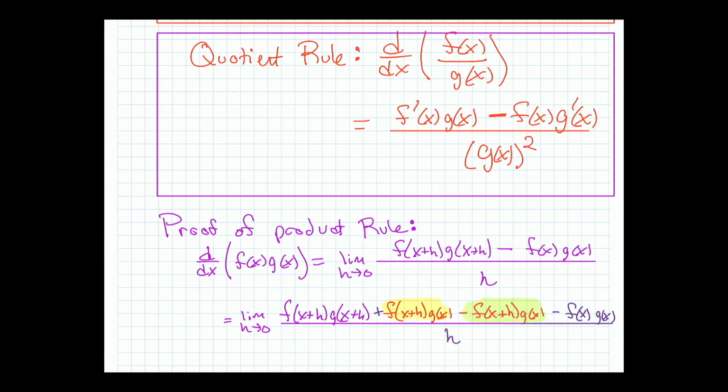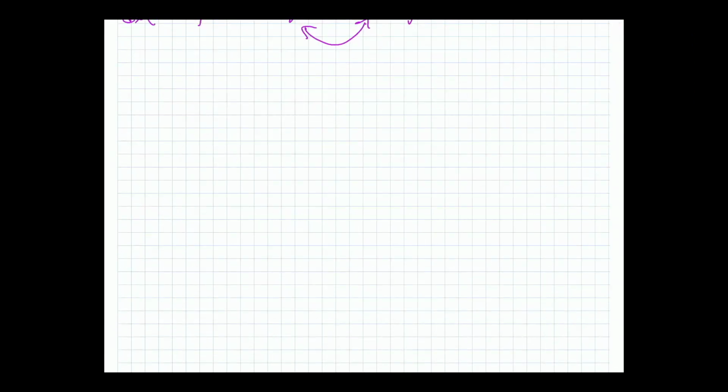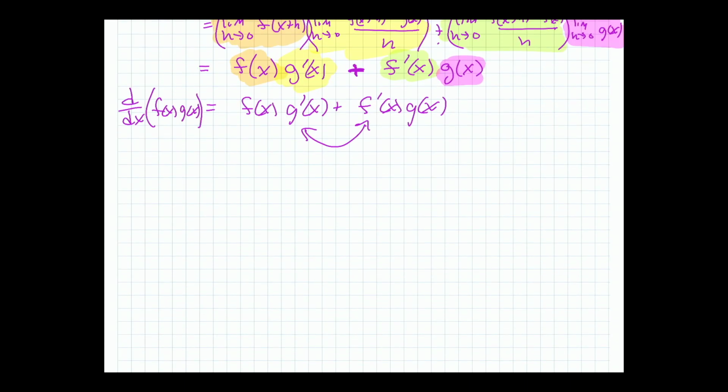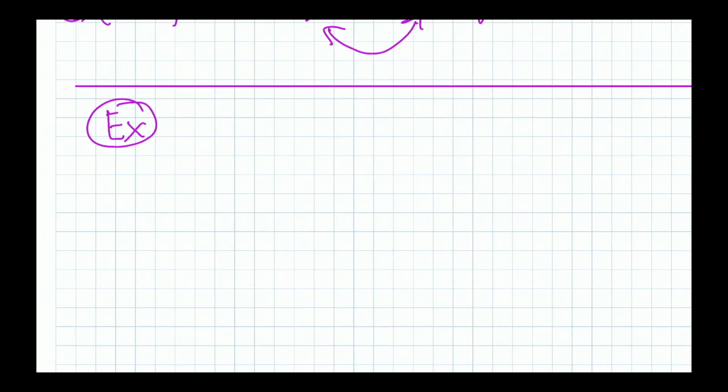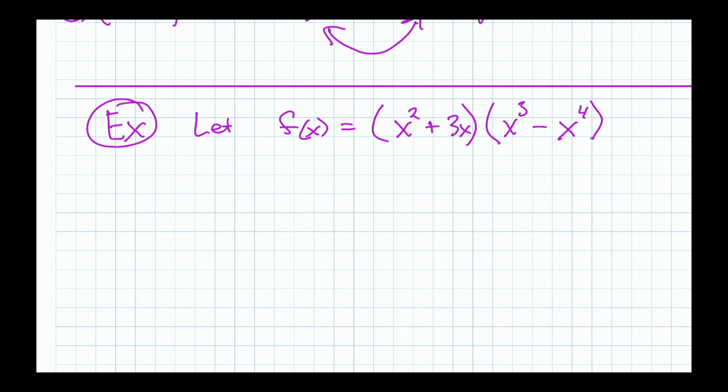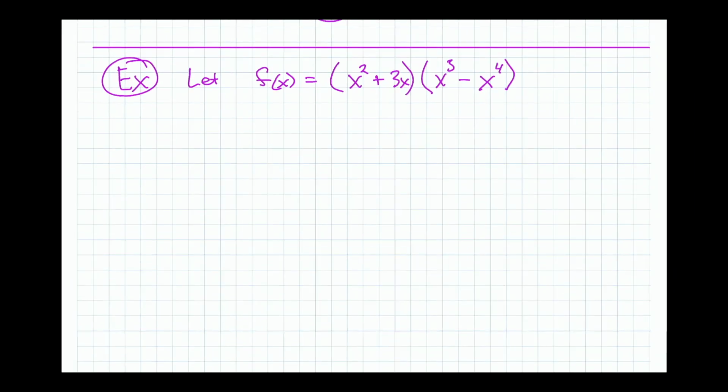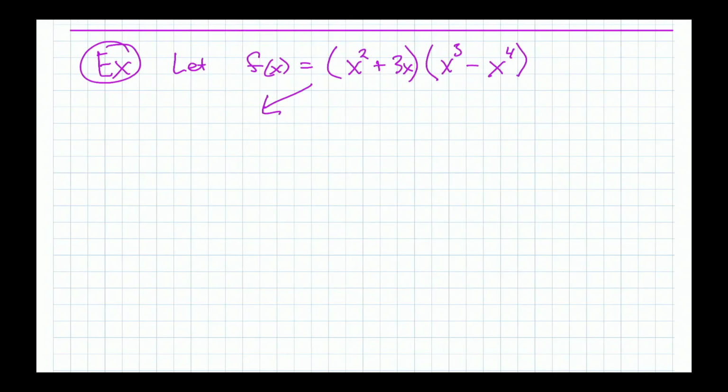Okay, now what are we going to do with the product rule? Well, you're just going to be able to take the derivative of things that you would otherwise have more trouble with. So here's an example of using the product rule. Let f of x equal x squared plus 3x, parentheses, x cubed minus x to the fourth. All right? Now you have two options here. So option one